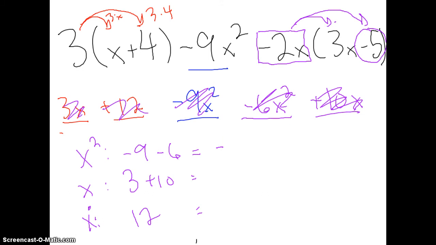All right, so a grand total of negative 9 and negative 6 squares, and 3 and 10, 13 x's and 12. There's only one number. It is the number 12, and so that is my final answer. If I wanted to write it out this way, no big deal. Negative 15x squared, 13x